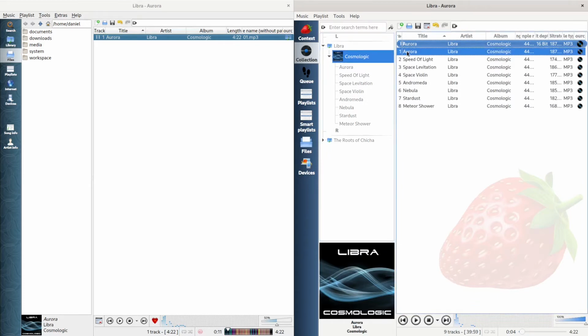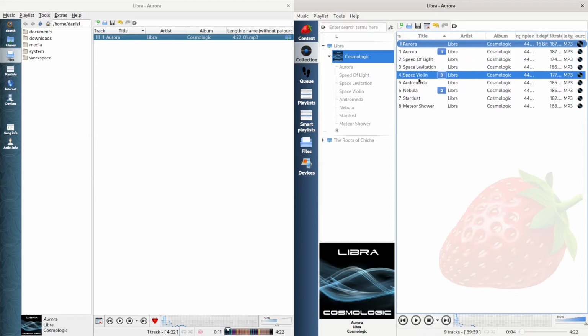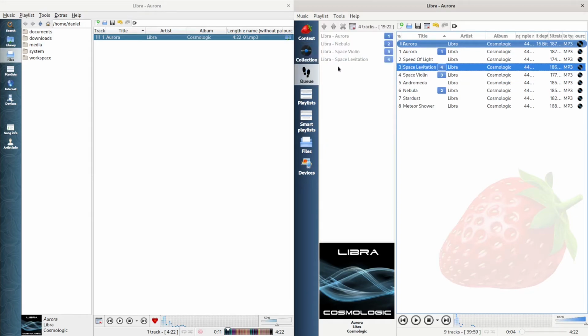I think the shortcut was usually Control D. Oh, you can just, okay, so you can put more of them. So yeah, the queue is displayed here,